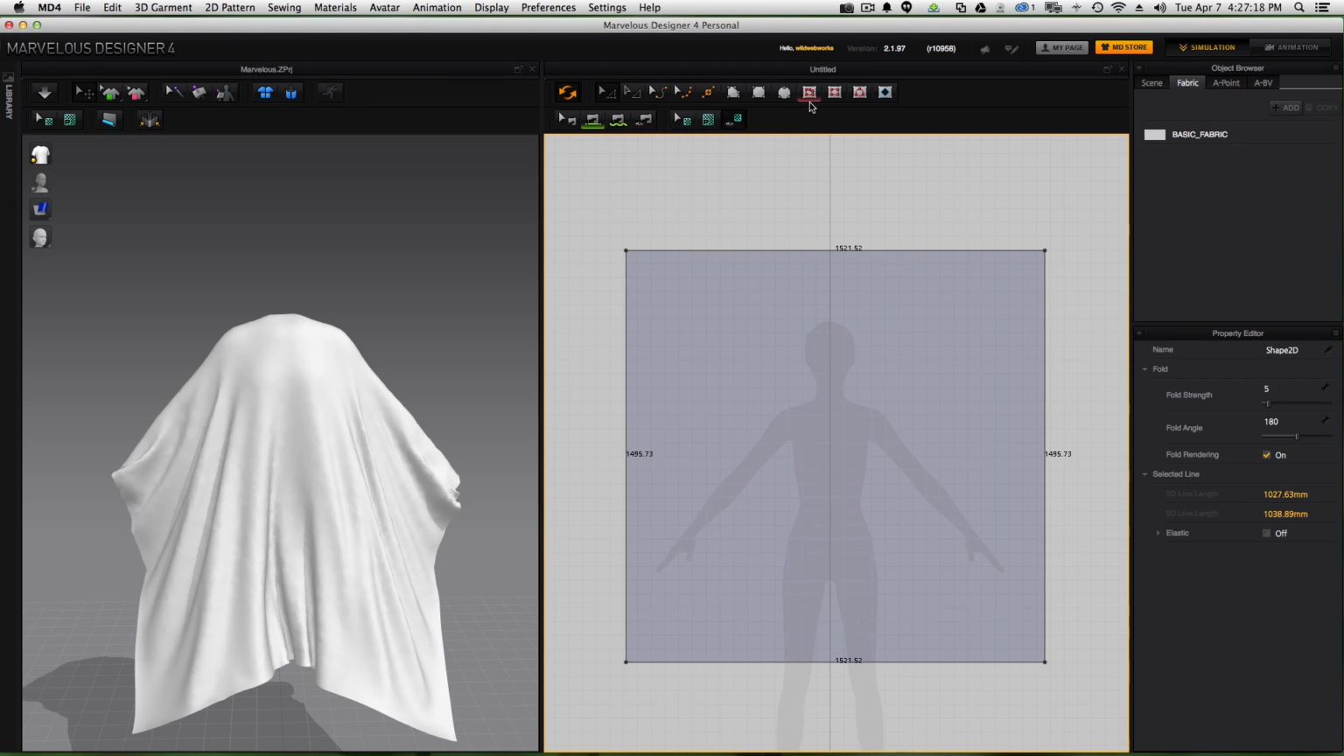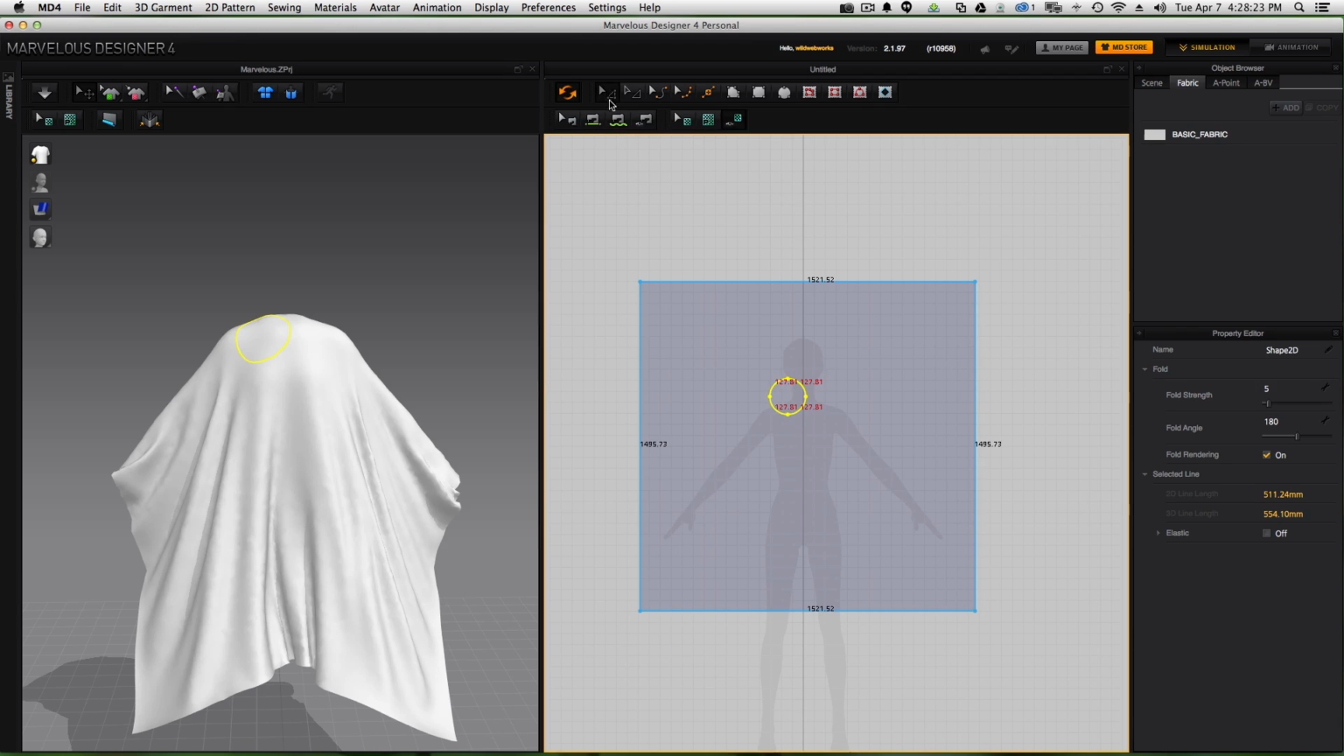There are 3 buttons here with red shapes on them, and these are all internal shapes. They can only be drawn within the confines of a pattern. You can't use them by themselves. Select the internal circle shape and draw a circle right on the pattern. And now we can see our circle over here in the 3D window. Now I'll select the Edit Pattern tool,